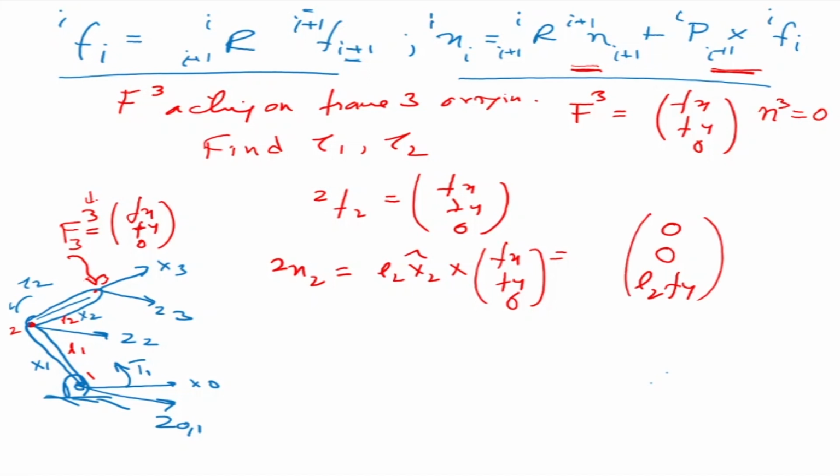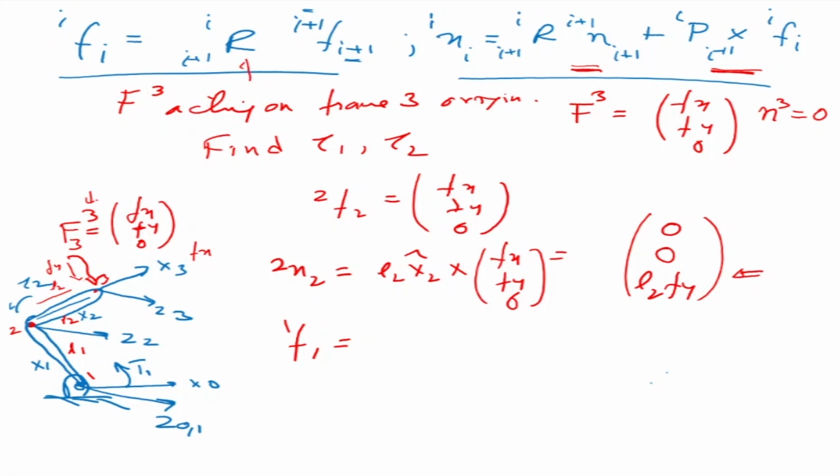You could have written that just like that also, because with a force acting at F3, the force along the x direction cannot cause a moment, since it passes along the x-axis, whereas the Fy component will cause a moment, Fy times the distance L2. There will be a moment at the joint, and that is what we're getting here. Next, what about F_1^1? There is a rotation angle involved. So what is the rotation angle there?